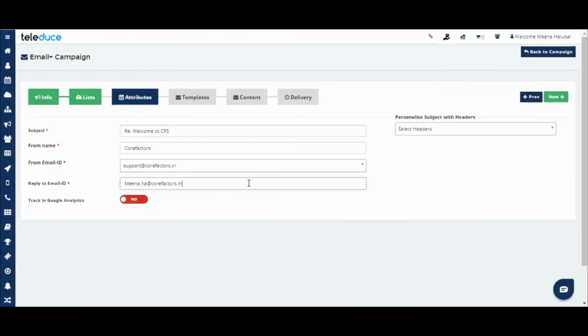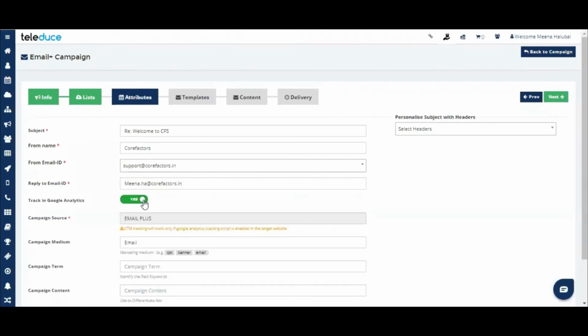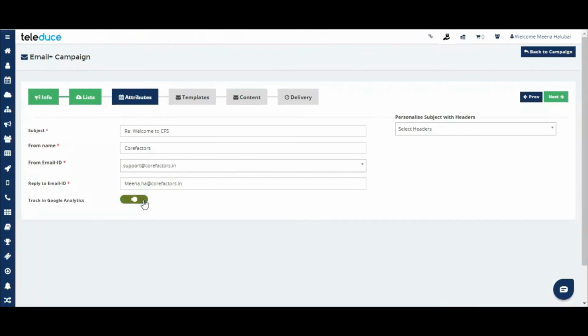So here what I would request whoever has attended is to keep the @domain the same in both the email IDs, and then you can give a reply mail ID in a different mail ID. Not every time support will be able to reply back to the mail IDs, or whoever is looking after that particular mail ID might not be able to reply on time. Okay, so you can reply to someone else who will be taking care of this particular mailers. Also, in case you want to track in Google Analytics, you can do that as well.